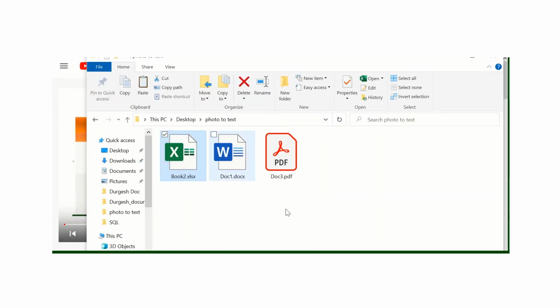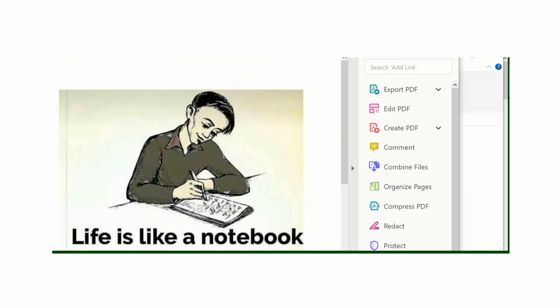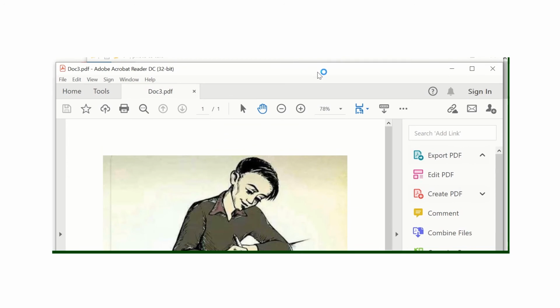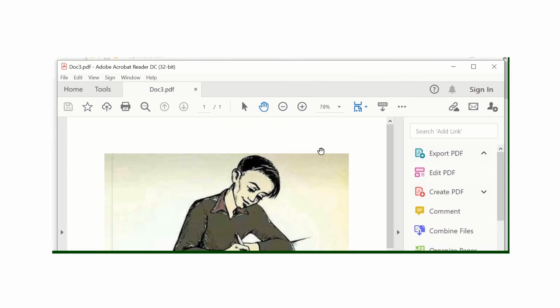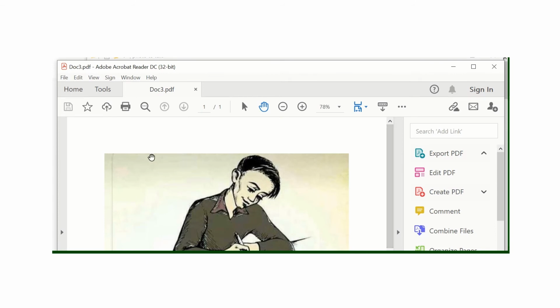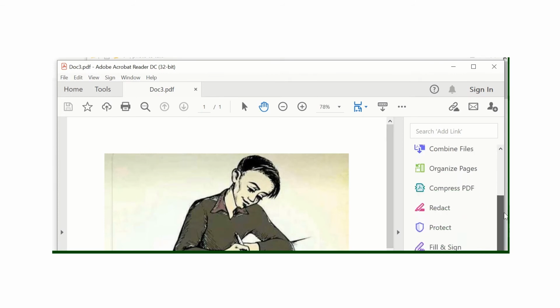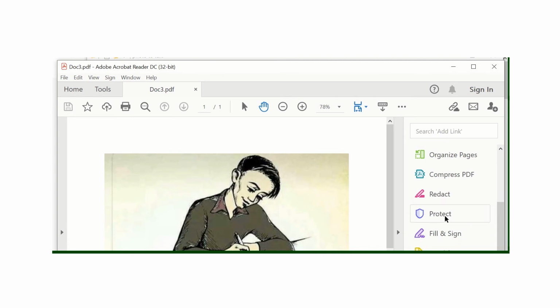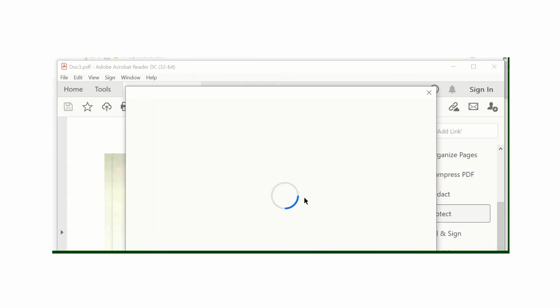Okay. Now for the PDF, let me open the PDF file. The same document I have here. For PDF, if you have the license, if you have purchased it, then come to the right panel on the right corner. You can see Protect. If you click on Protect,